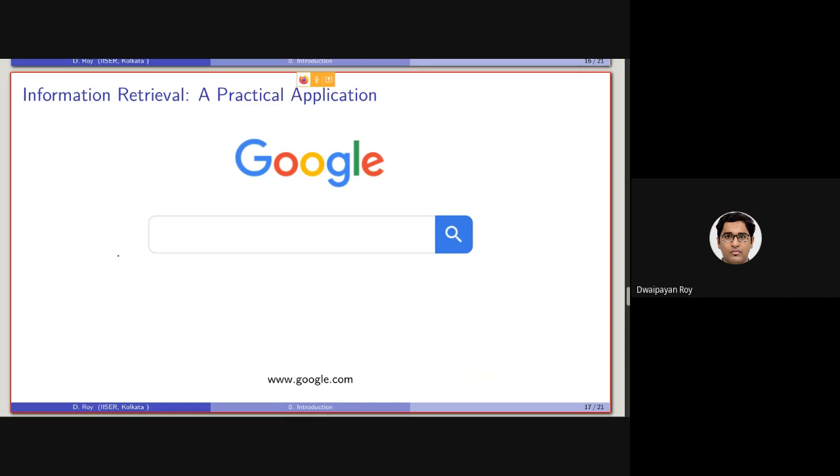So Google is the most sought after application of information retrieval that we use every day. But together with this, let me tell you that information retrieval is not only about Google search. There are many other applications of information retrieval that we will be studying in this course.